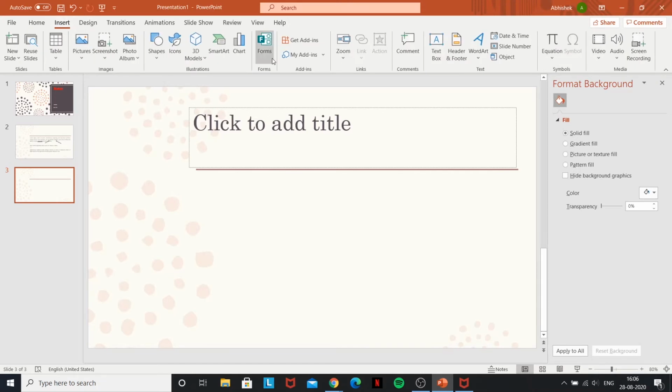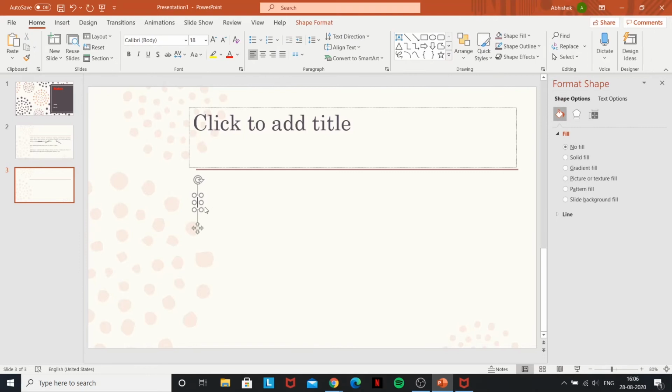So the next thing will be the text box. So text box is basically if you have an empty page and you just want to start writing something anywhere, all you have to do is go ahead, press text box and click where you'd like to start writing. So here, and you can choose the size, whatever you like. And then all you have to do is just start typing whatever you want.